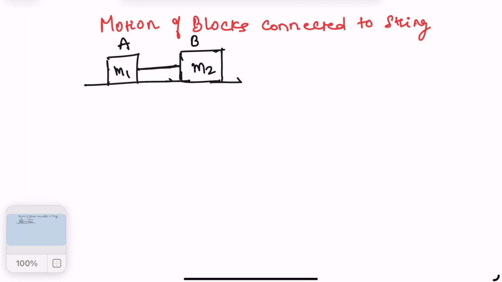Dear students, we are going to study motion of blocks connected to string. Usually in this type of problem we have two masses m1 and m2, or we can say block A and block B. They are connected with some string that has some tension T, right? In this type of problem, if force F is applied on one block, we usually have to calculate the equation of motions and tension